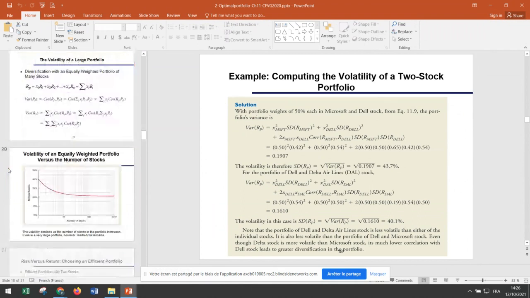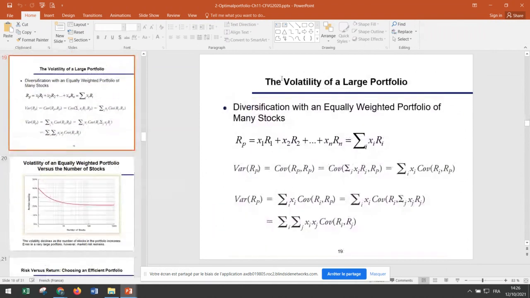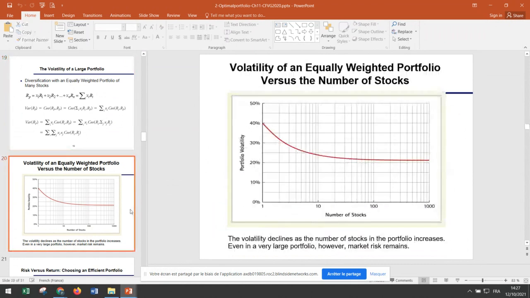So if you have a large portfolio, as I told you, normally when you are a wealth manager or portfolio manager, you'll be able to use programming that allows you to compute the variance or the volatility of your large portfolios. The interesting thing you can see here is that by increasing the number of stocks in your portfolio, the volatility will go down